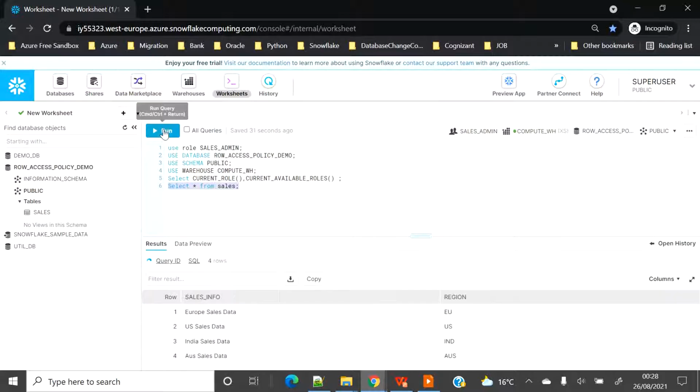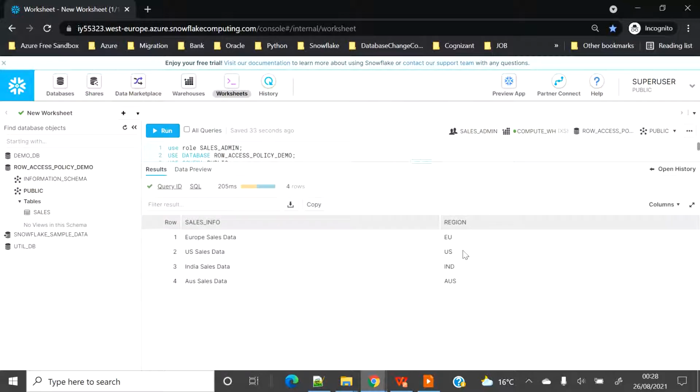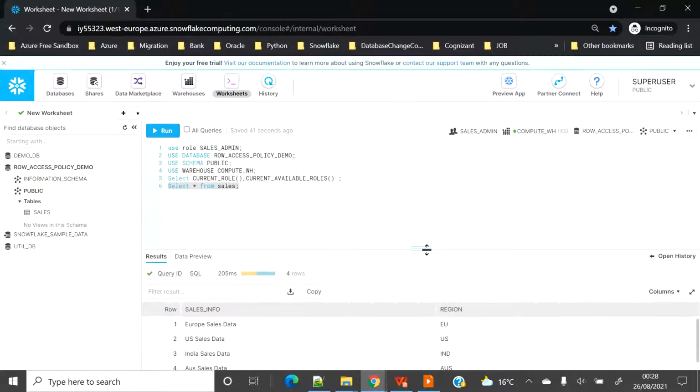If I execute and run, I will see all the 4 rows. You can see the Europe sales data, US sales data, India sales data and Australia sales data. There is no restriction for me because I have the super role. I can see everything. Similarly, if I have a restricted role, I will see the restricted data respectively.